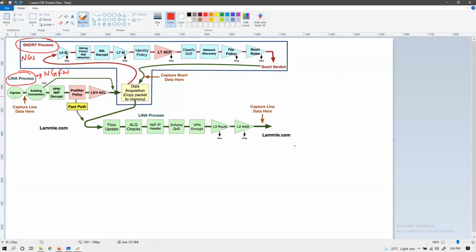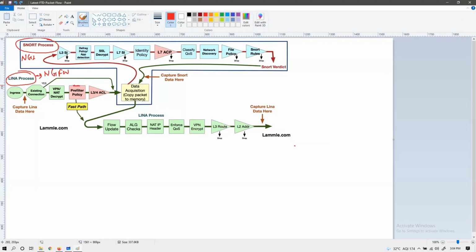Okay. So first of all, packet will come on the ingress interface. FTD will check for the existing connection. If it is an existing connection, then it will send this packet for deep packet inspection towards the Snort process. If the connection is not existing, then it will check for VPN, decryption, and NAT, if the translation rule is configured or not.